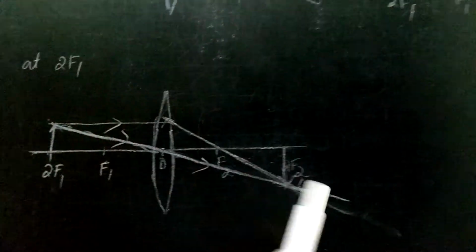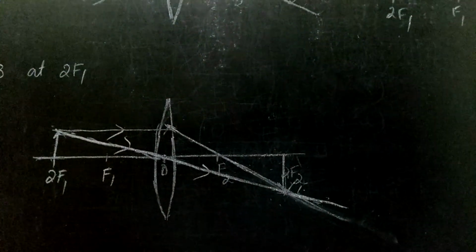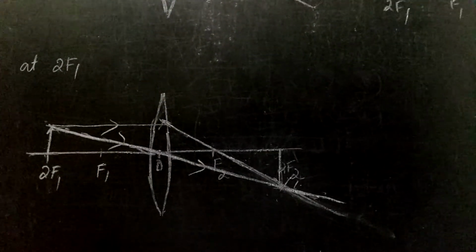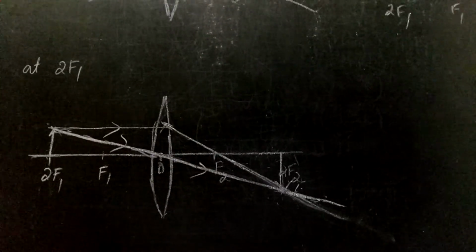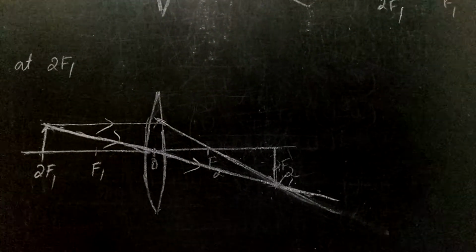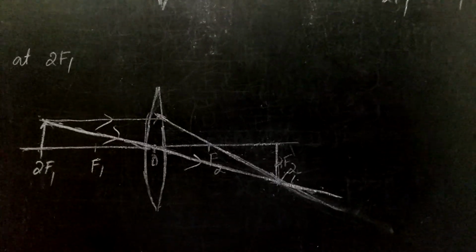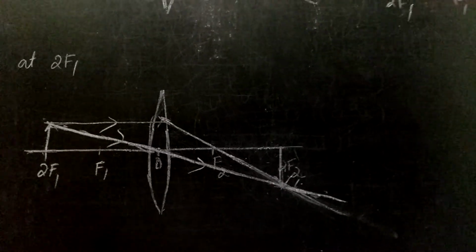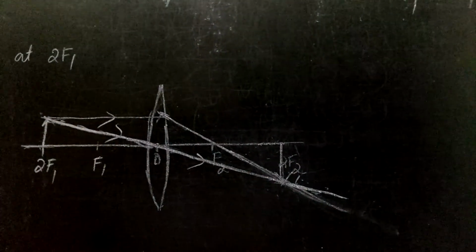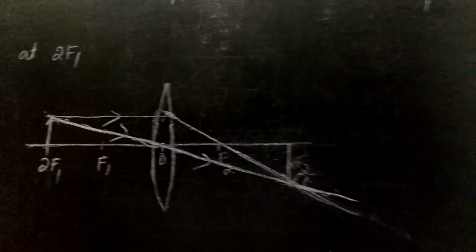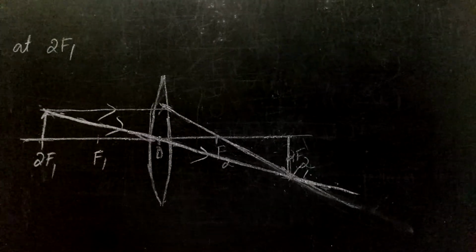Here my measurement is not correct, that is why it is a little bit greater than this one. So while you are drawing, you should take at least 6 cm on the compass and draw the two sides by keeping the compass pointer on the principal axis. Use a sharp pointed pencil, then only you will get it at 2F2. Otherwise you have to draw it again and again in the examination, so you will lose time. So practice all the diagrams.